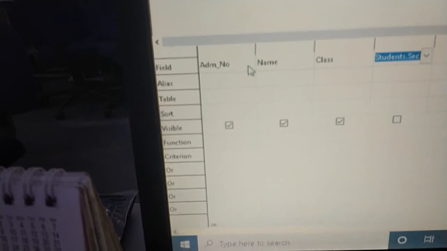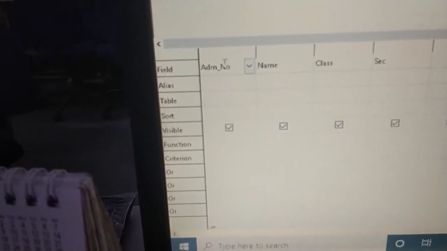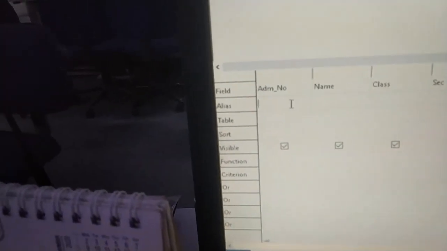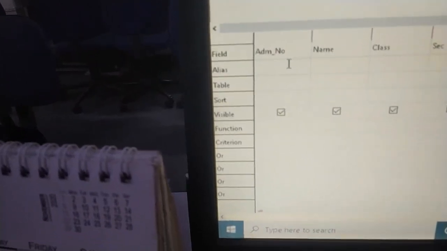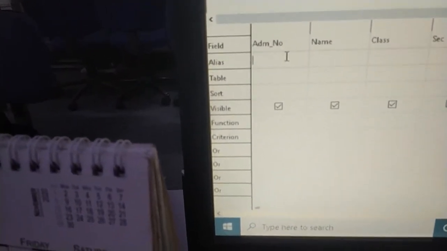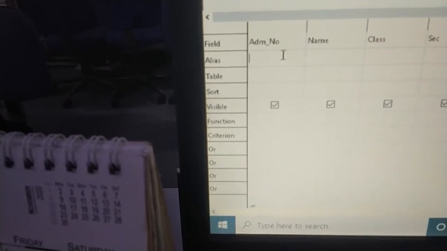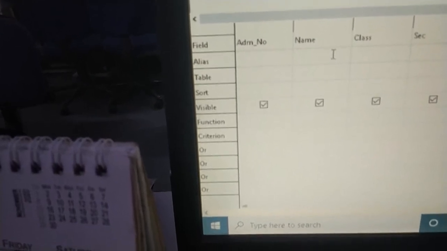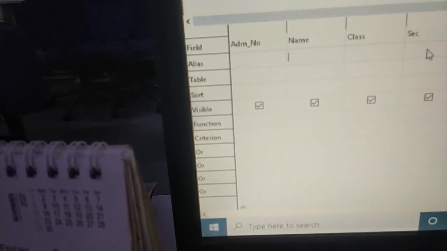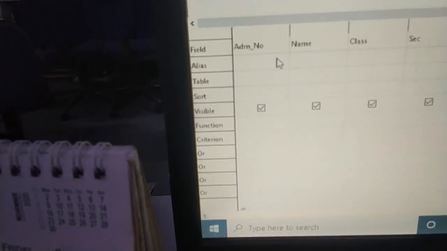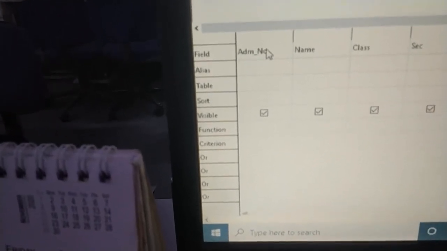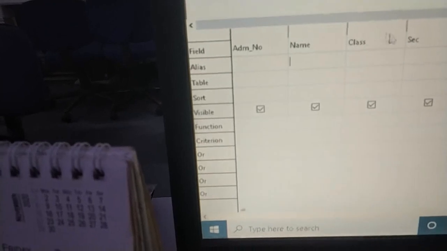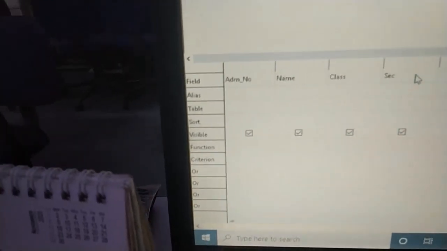You just have to click on the arrow, and under the arrow the fields are there. Select the desired field that you want in this field, like column. Now there is alias, you can write the alias name, a duplicate name that you want to display. Once you see the result, like admission number, I can say student admission number, or simply admission number. Likewise, name you can say student's name if you like, student class, student section. This way you can change, but these names are very fine because anyone can identify what is admission number, what is name, what is class, what is section. So I don't think that is required.